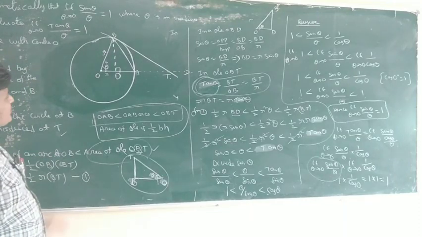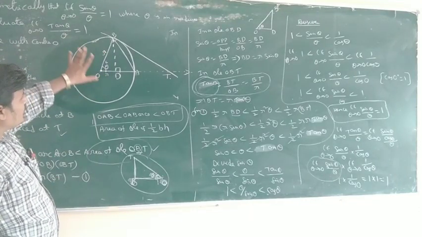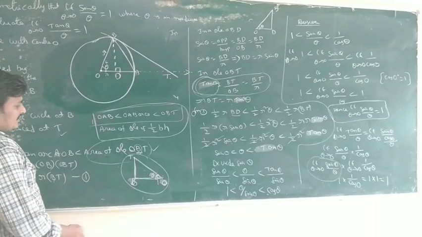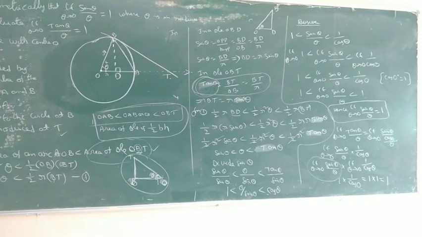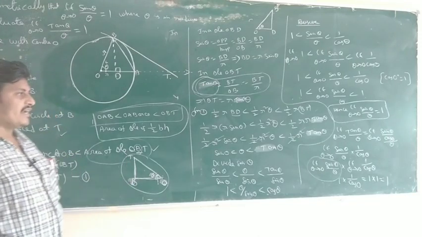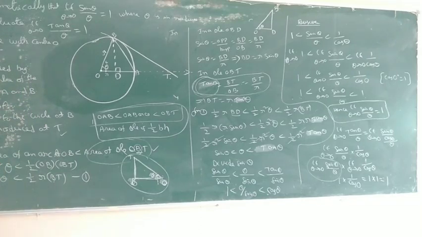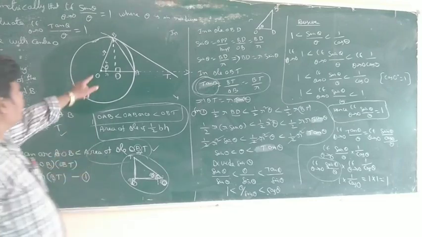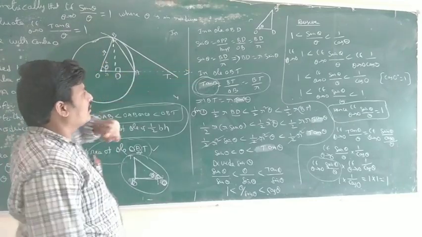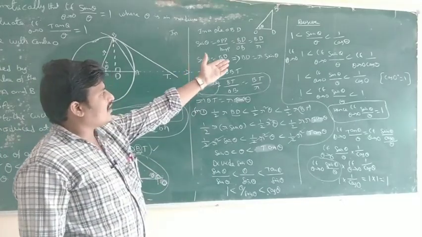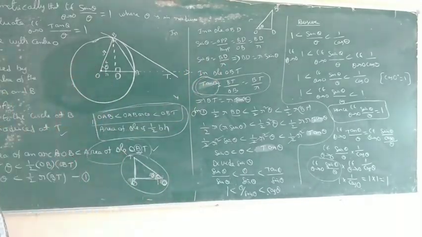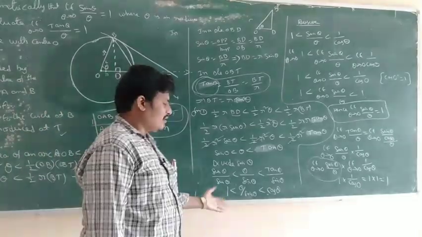If you have any doubt, I will draw the OBT triangle separately. So here OB is the base and BT is the height. Next we have to find BD and BT. How to find BD? In the OBD triangle, sin theta. In the OBT triangle, tan theta. Apply it. OB is there and OA is there, so apply and substitute, and cancel.